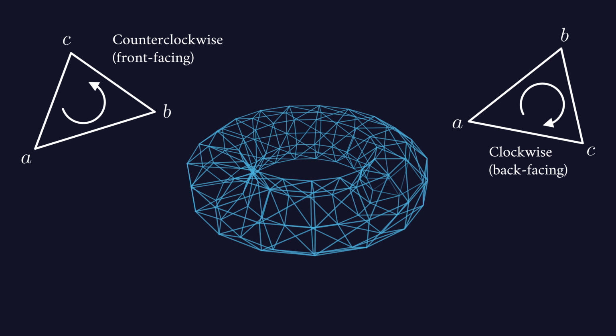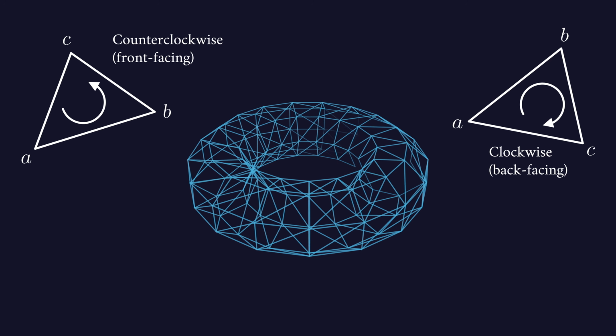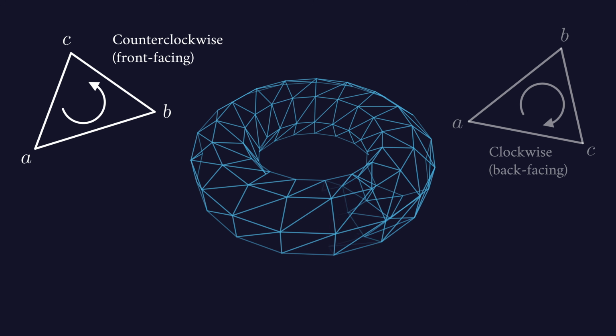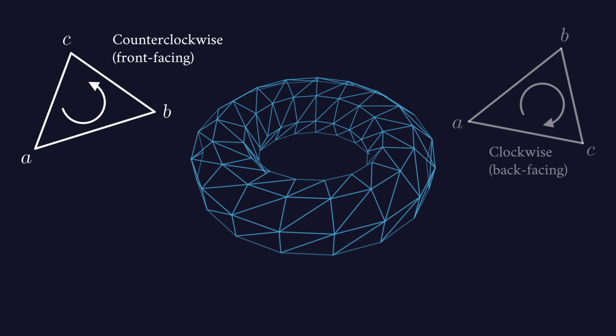Now, when I say clockwise and counterclockwise, what I mean is this 3D object, obviously it has to be projected onto a 2D plane, otherwise you couldn't look at it on your screen right now. So although it lives in R3, it has to be projected into R2. And then in R2, we have those triangle faces where some of them are counterclockwise and some of them are clockwise in their orientation. What we can do is just remove the clockwise, so the back-facing faces, and obtain this